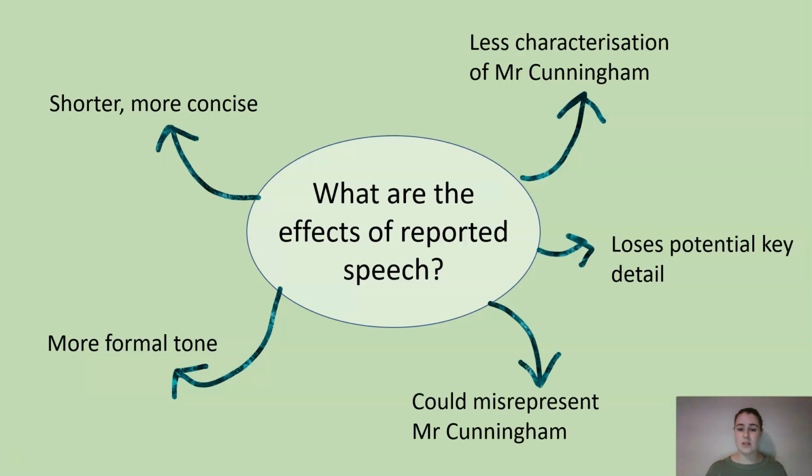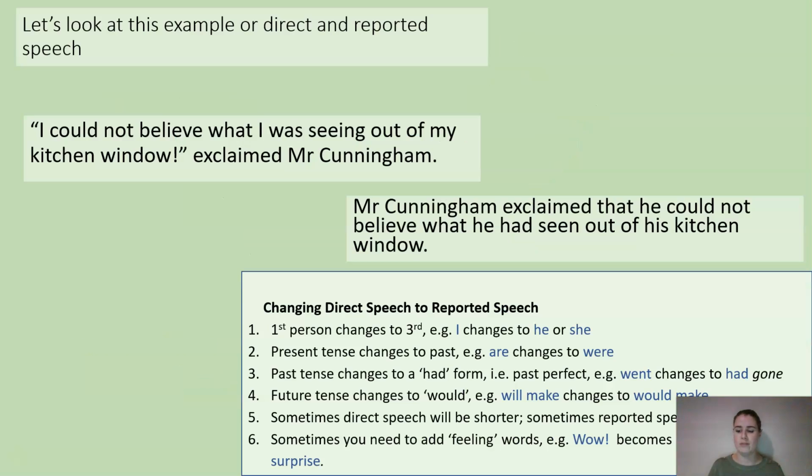Now, there is the possibility that we could misrepresent our character. If we're just explaining they stated this and they recalled this and they commented on that, we lose some of that character and some of that meaning of what has gone behind the quote that Mr. Cunningham has stated. So there are some pros and cons, good and bad, from using reported speech. But there's a reason sometimes why we use reported speech when we want to be straight to the point, and when we use direct speech when we require that wider picture and more information. So let's have a look at these